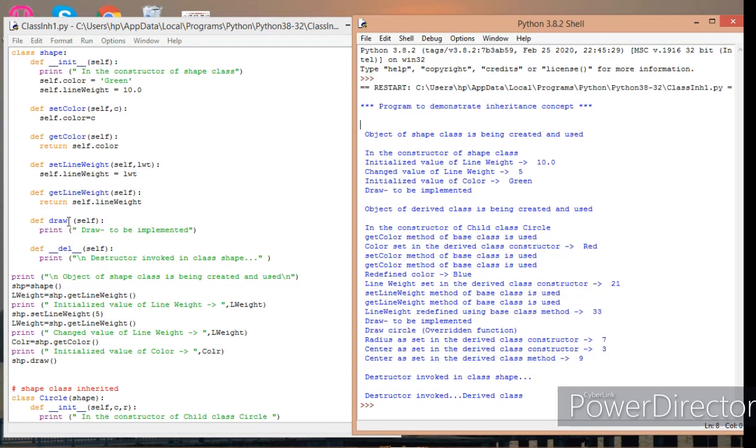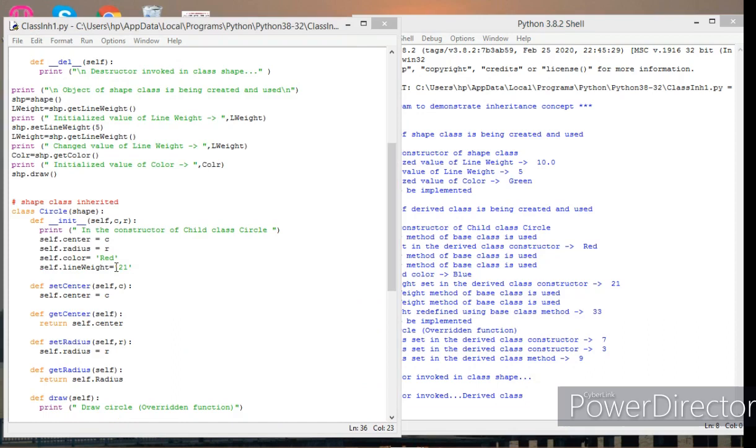So where is draw here? Draw is here, and this draw method has got one statement, print draw to be implemented. That is, draw is an overridden method. That is, the statements for draw are again redefined or given in the derived class method, which I am going to discuss next.